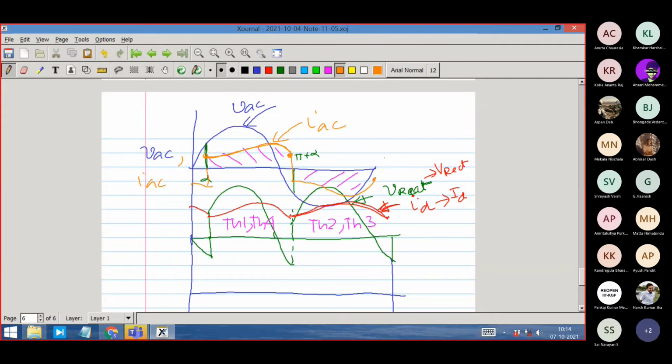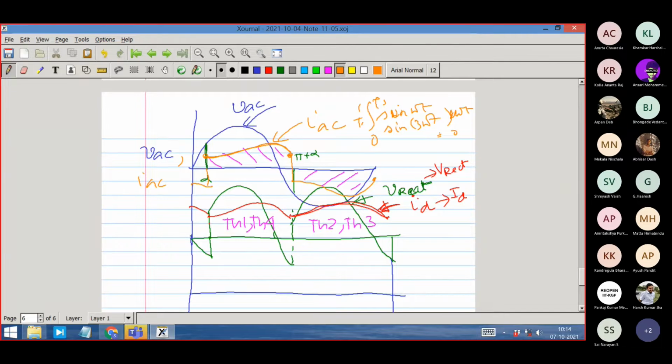Just as an observation, see how the power is flowing. The harmonics in the current change the value of the instantaneous current, but they do not affect the average power flow. For average power flow, only the sinusoidal component of the current matters, because the voltage itself is sinusoidal. When you integrate sine omega t into sine 3 omega t, the product integrates to 0. Two different frequencies integrated give 0.